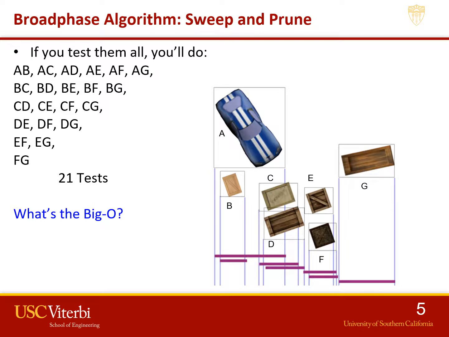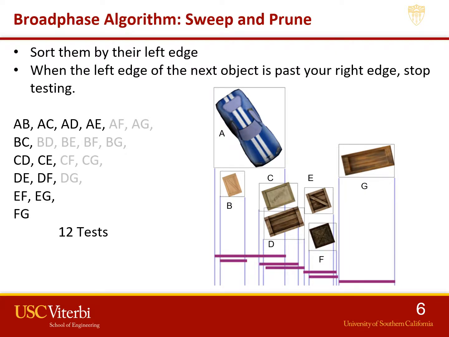So let me ask, what is the big O for this algorithm? All right, that is O of n squared. And you may note it's less than n squared, right? That just means that there's a constant; we don't show the constants. The constant is less than 1, but it's still on the order of n squared. So if we use this sweep and prune technique, where we know that the objects are sorted by their left edge from left to right,